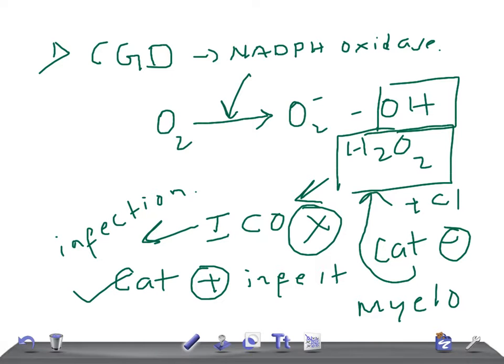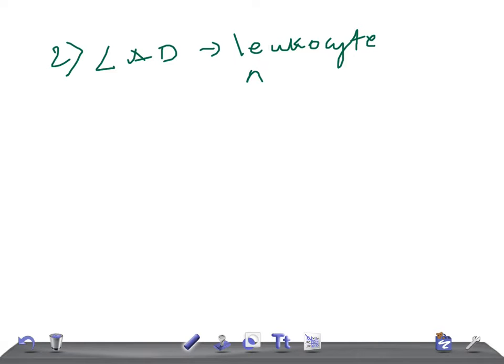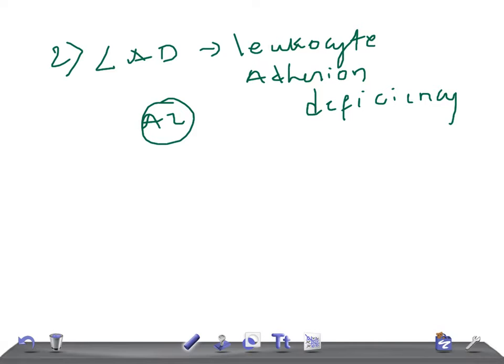Got it guys? Good. Now let's move on to the next disease. That is LAD. That's nothing but leukocyte adhesion deficiency. Let me write here. Leukocyte adhesion deficiency. Okay, the LAD. What happens in LAD, remember, it's an autosomal recessive disorder, AR, okay, in which there is an absence of